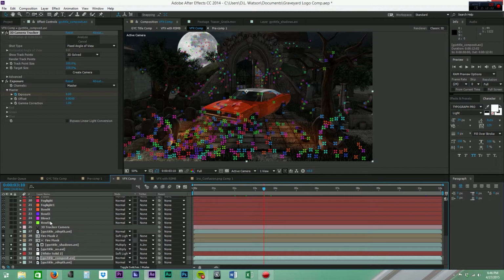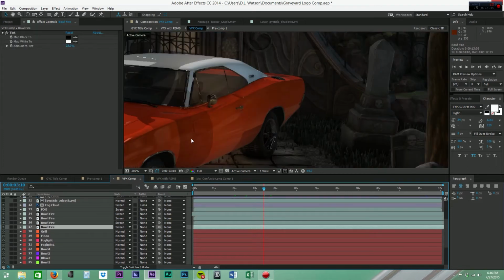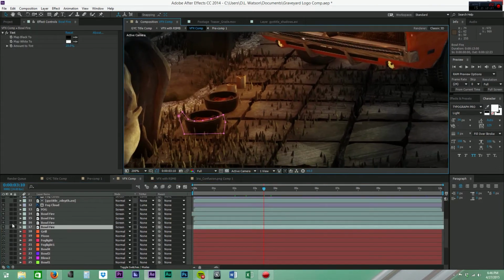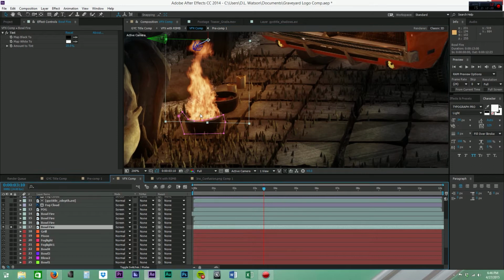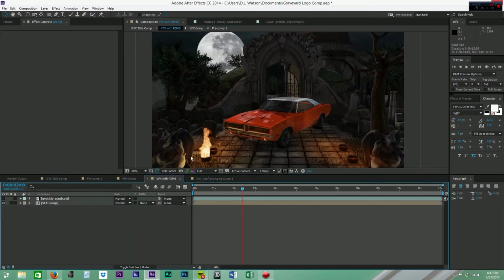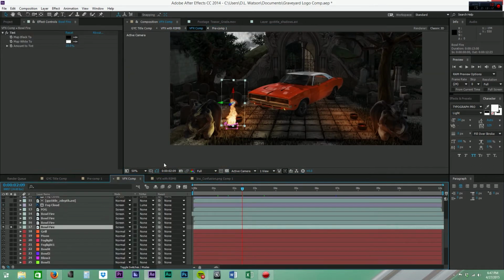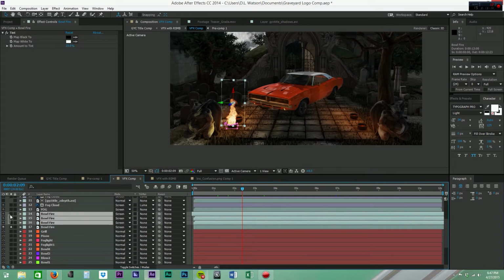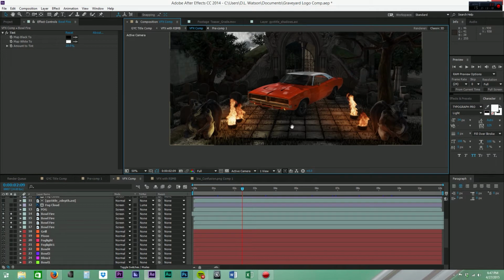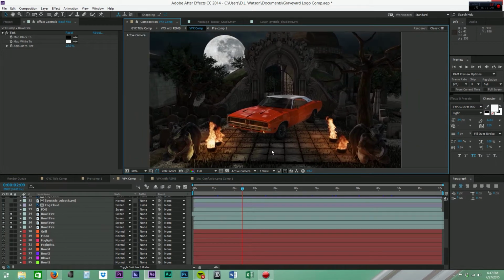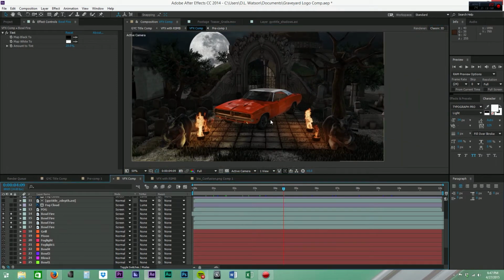So just so you can see, the first one here, I added a mask to it, and I was going to toggle that on so you can see we have some nice fire. When we toggle those fire elements on, let's jump back in here and turn them all on. As you can see, it just adds a nice bit of awesome to it. The fire is creating light and it's reflecting and it's all looking pretty sweet,